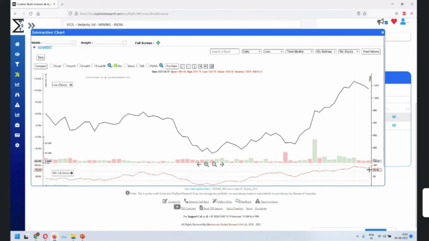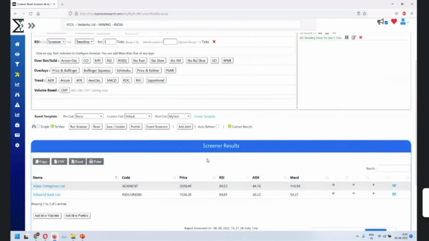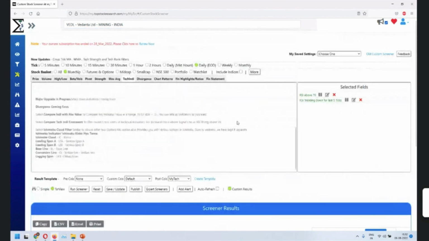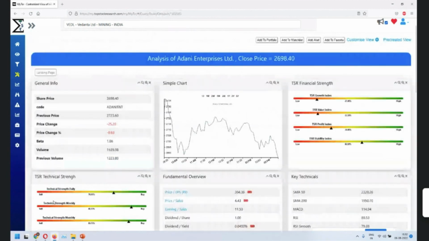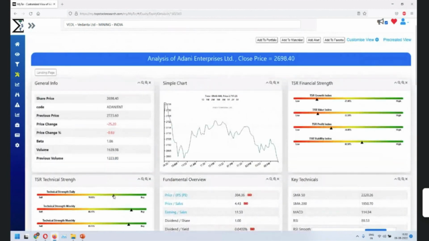So you should mix and match a lot of things. Just looking at one number, whether it is intrinsic value or RSI value, is not enough; you have to look at a lot of things in perspective. Now, how do we help here? The way we help you is that we try to get all these factors together in a single number, which is the TSR strength index. Looking at the strength index, it is still bullish, even though RSI is falling. Overall, it is still bullish. So that's what we try to do: we try to smoothen out things. Great, you got it.